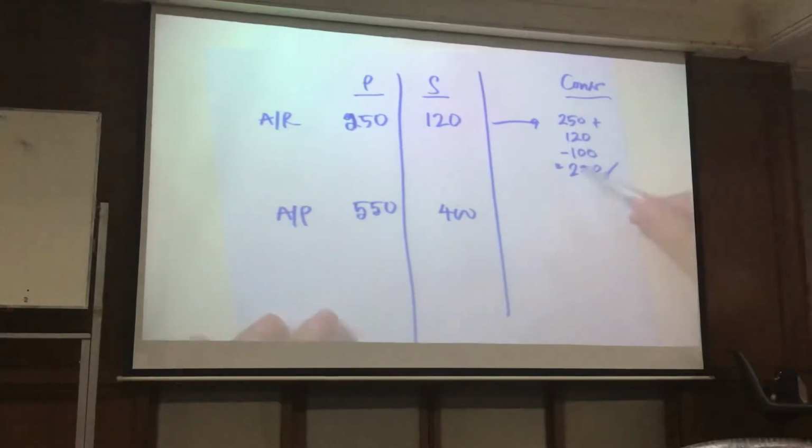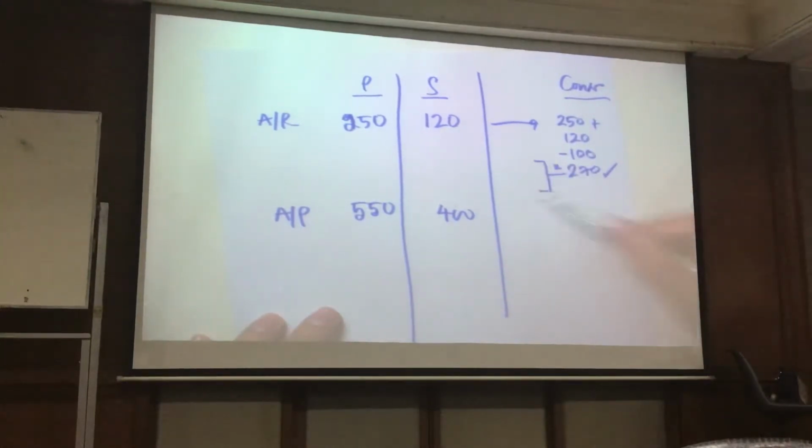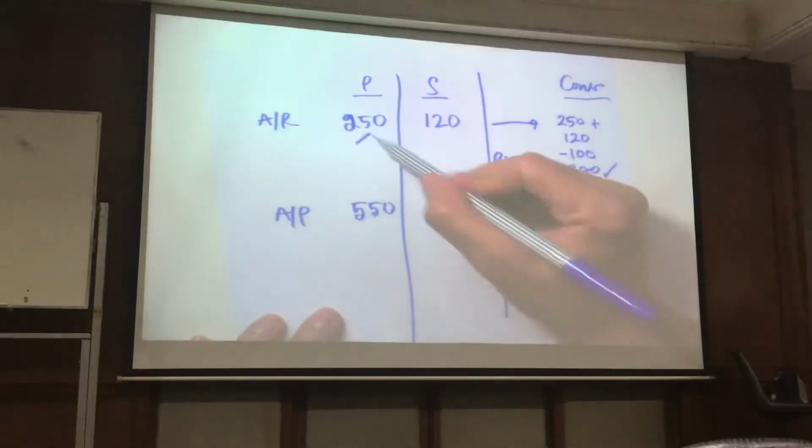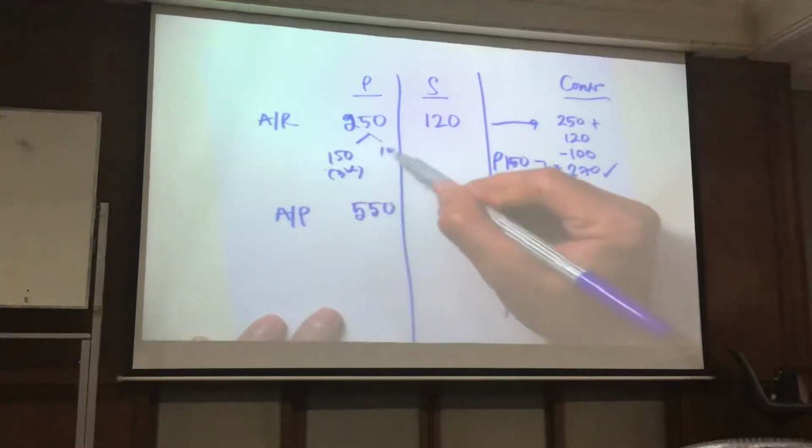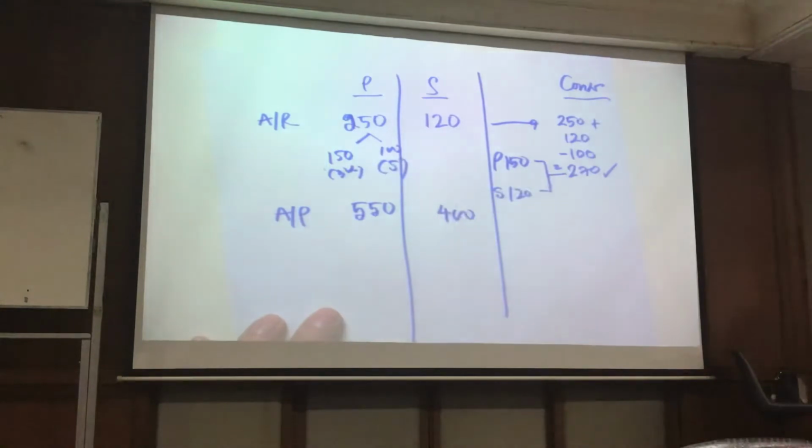If I break it down, 120 belongs to the subsidiary to get money from others, and 150 is what the parent should get from the third party. Because in 250 here, 150 belongs to the third party and 100 belongs to the subsidiary, which is not right to report. Alright? For AP,